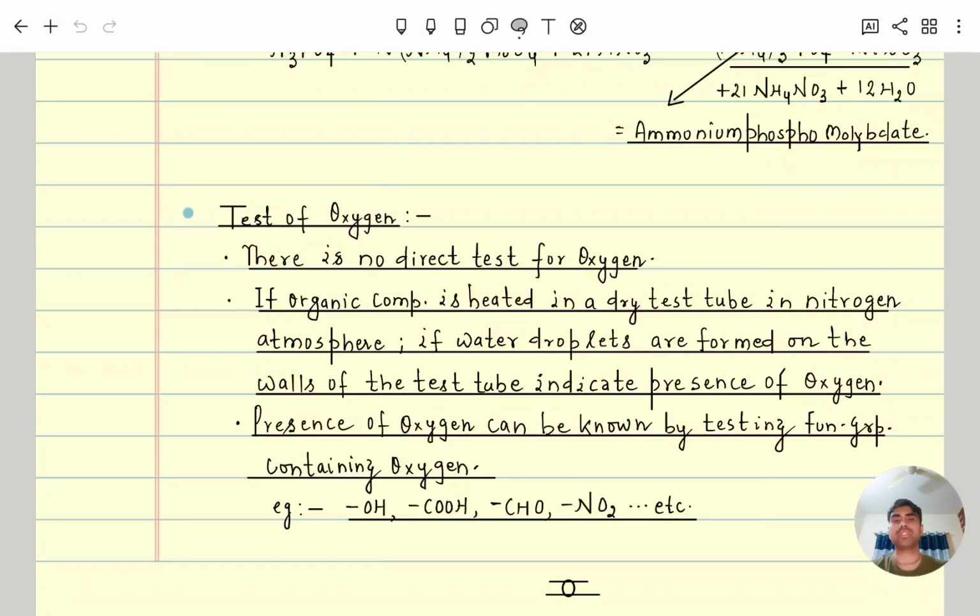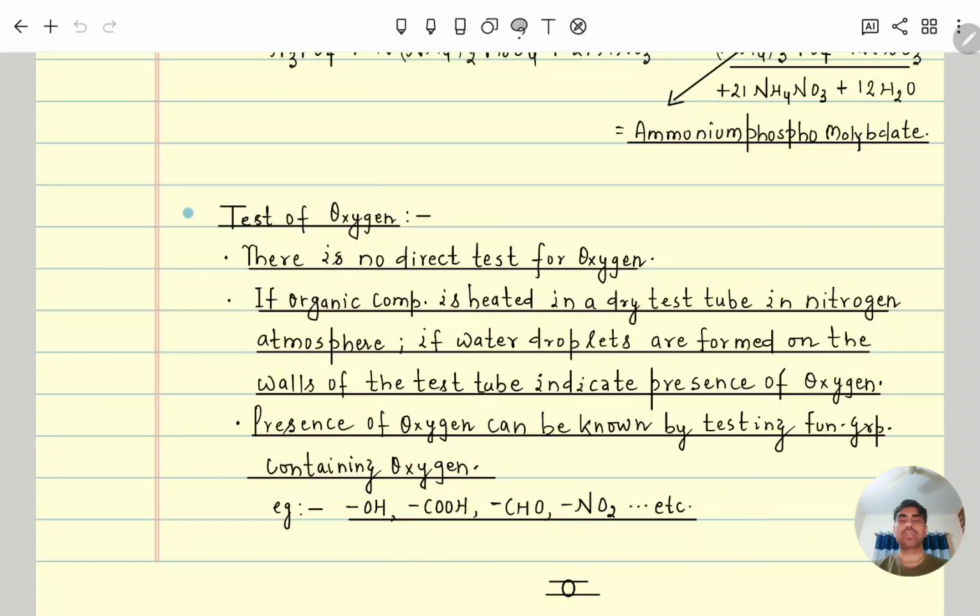Last, detection of oxygen. There is no direct method to detect oxygen. The organic compound is heated in a dry test tube in a nitrogen atmosphere. If water droplets are formed on the walls of the tube, it indicates the presence of oxygen. The presence of oxygen can also be known by testing for functional groups containing oxygen, like alcohol, acetic acid, and so on and so